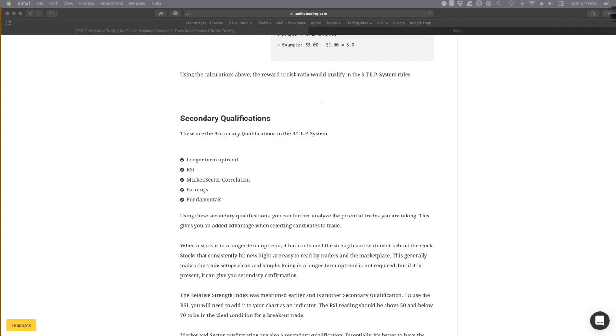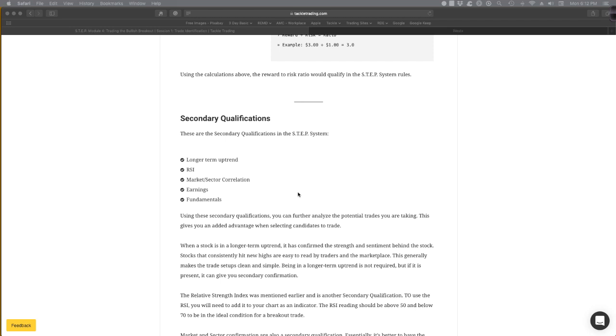Quick concept check for us on secondary qualifications for trade setups. Here in Module 4, secondary qualifications on bullish breakouts. We're going to look at this little checklist where we're looking for a longer term uptrend. We're going to make sure our RSI isn't overbought. We're going to talk about market and sector correlation, double check earnings, and then fundamentals. If I don't get at least 3 out of those 5 secondary qualifications, it might dissuade me from taking that